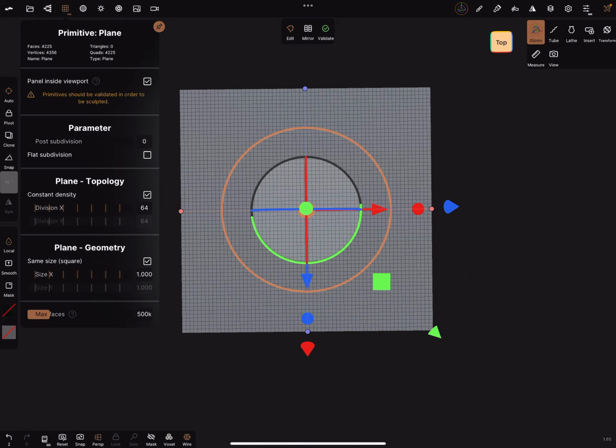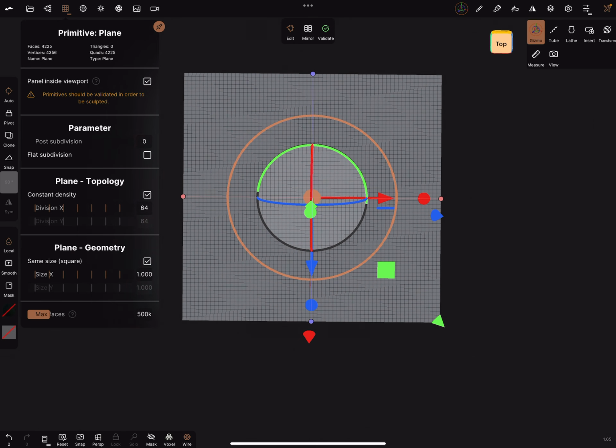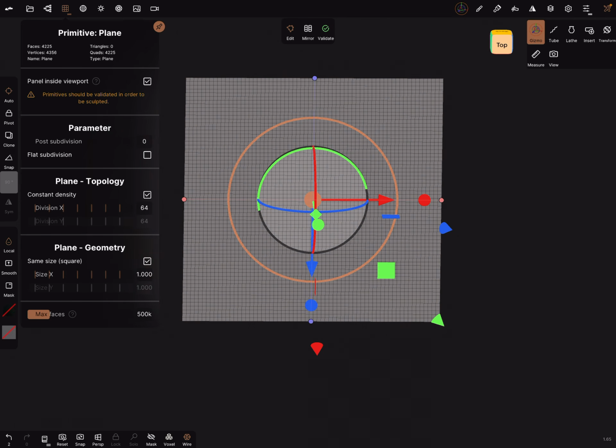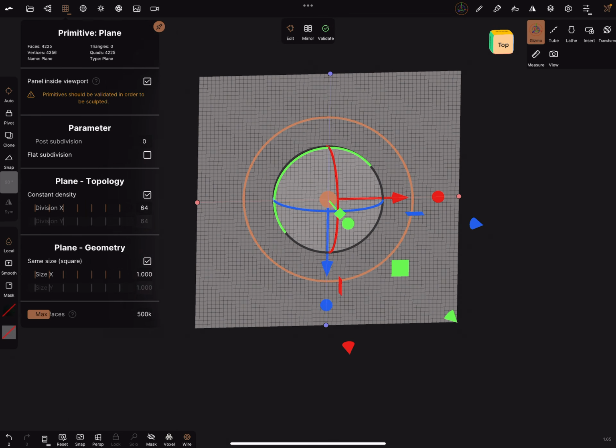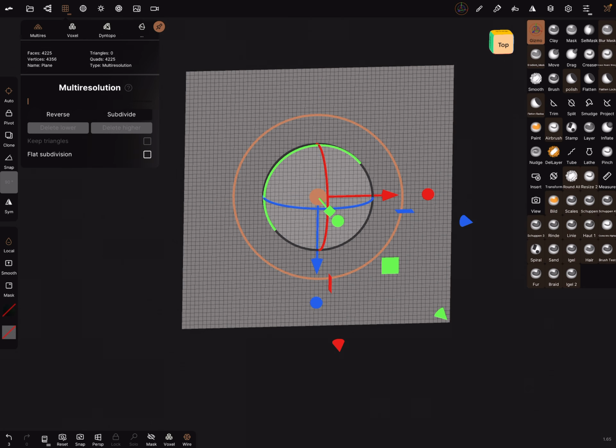Turn on the wireframe, perspective off. You can use different shapes, or you can also use the top of a cylinder or something like this. Okay, let's start with the plane.